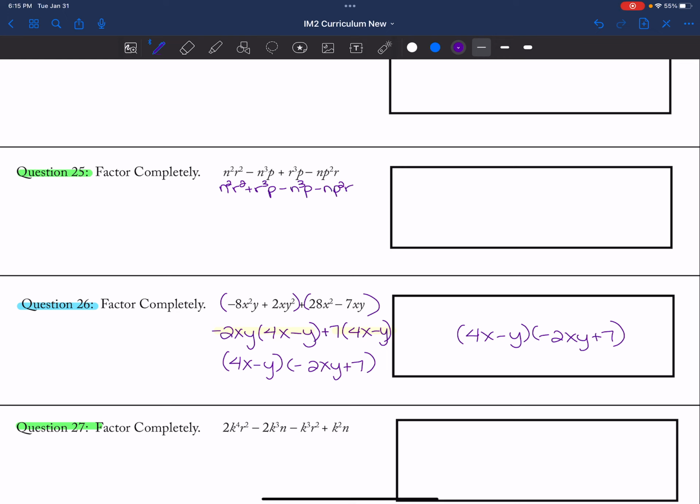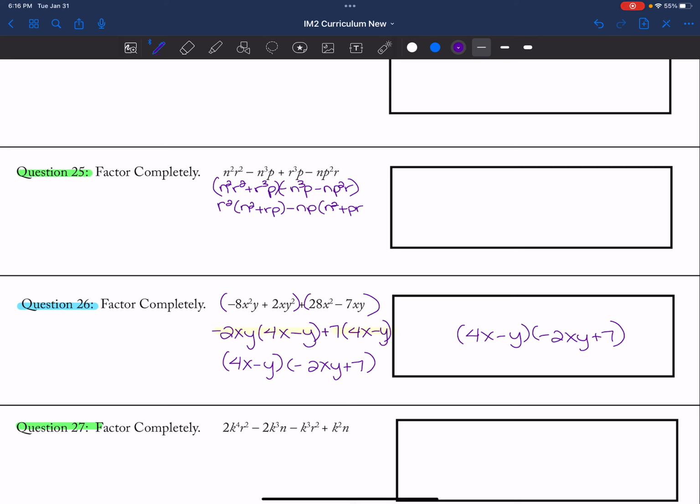Let's see if that works. I would group these two together and group these two together, and I will factor out an r squared. I'm left with n squared plus rp. And then if I factor something out of here, that's minus np, and I'm left with n squared, and then there's no n there, plus